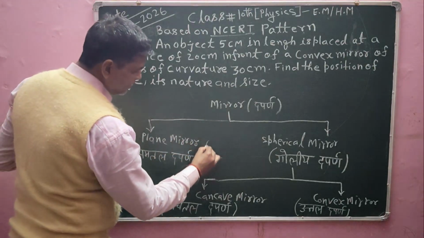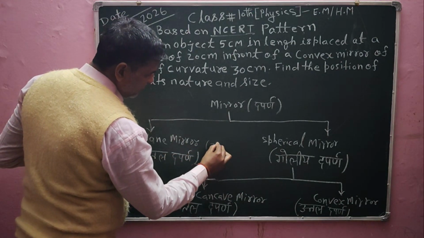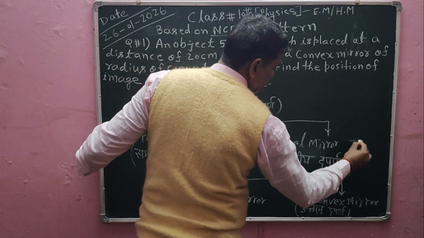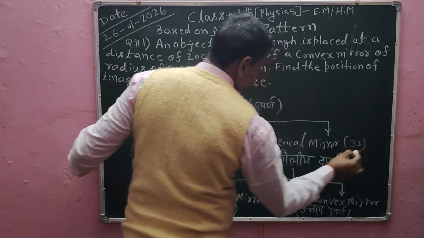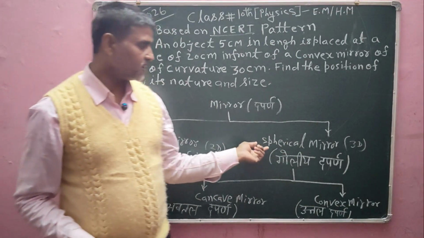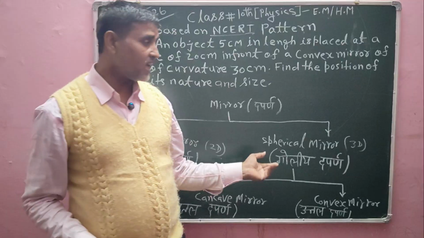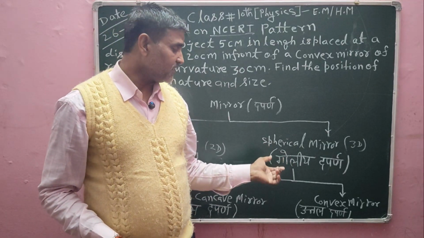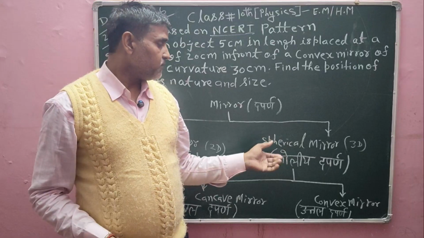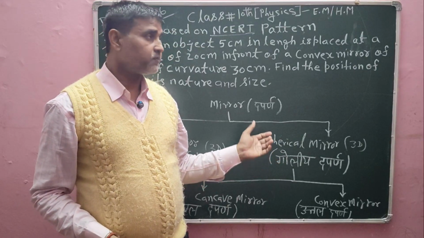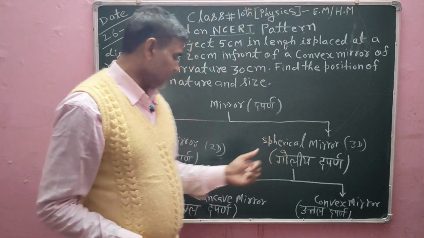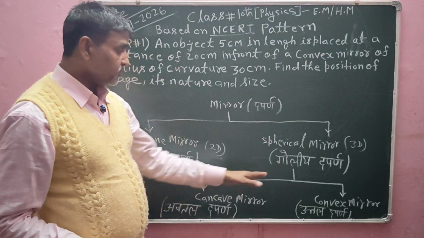ये 2D में एग्जिस्ट करता है, 2D यानी 2 डायमेंशनल ज्योमेट्री में होता है, और ये 3D में होता है। ये चेहरा देखने के लिए यूज करते हैं, इसको प्लेन मिरर कहते हैं। स्फेरिकल मिरर जो गोलीय दर्पण होता है, ये व्हीकल में यूज किया जाता है, चाहे बस हो, ट्रक हो, रेलवे हो, या बड़े-बड़े व्हीकल में यूज करते हैं, उस व्हीकल के बैक साइड की इन्फॉर्मेशन को ऑब्जर्व करने के लिए, देखने के लिए।